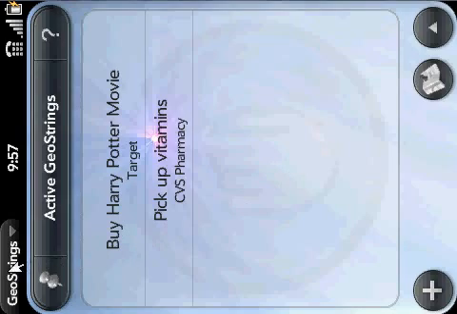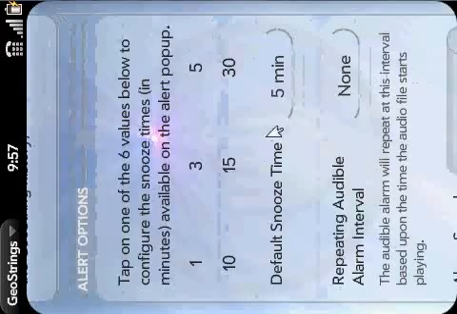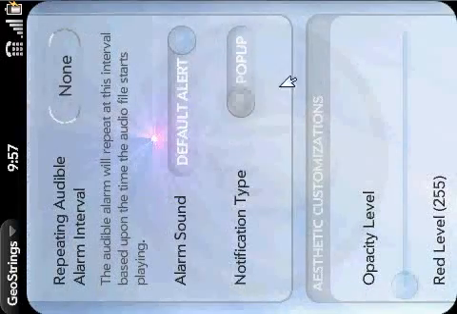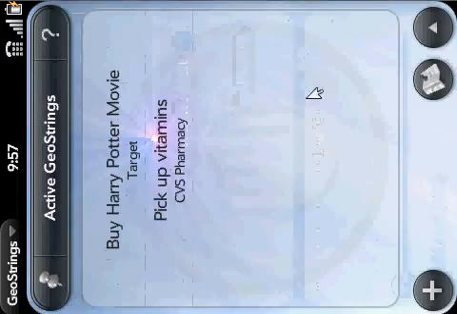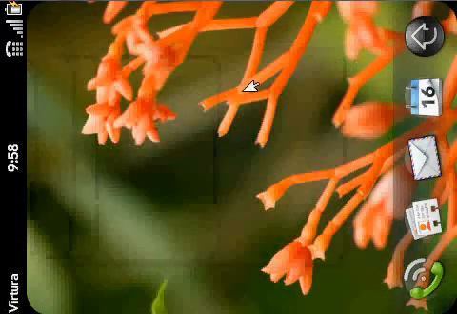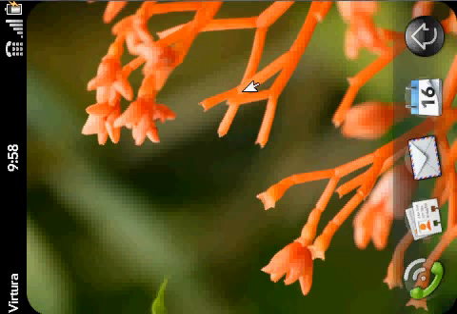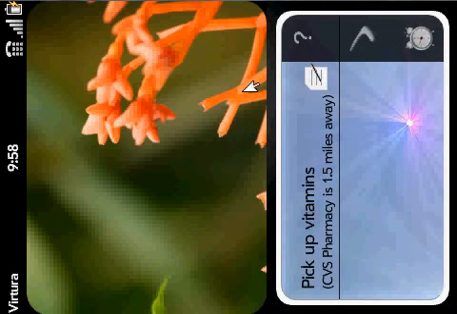Let's go to the preferences screen because, as I mentioned before, there's another type of alert notification, the pop-up. So let me go ahead and set pop-up. I'm going to go ahead and remove the app. Now, in a few seconds, I'm going to get an alert pop-up because if you remember, previously I had snoozed one of the GeoStrings for 1 minute. And now that I've set the alert notification type to pop-up, a pop-up will appear once that snoozed GeoString comes back to life. So a pop-up notification, and there it is, just another way to get your GeoStrings alerted to